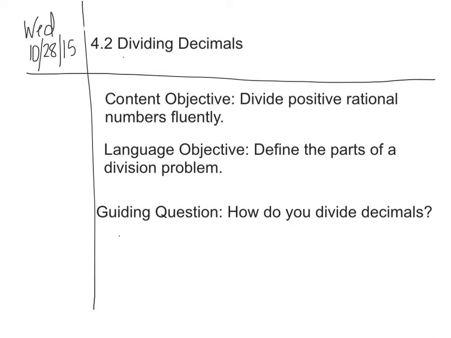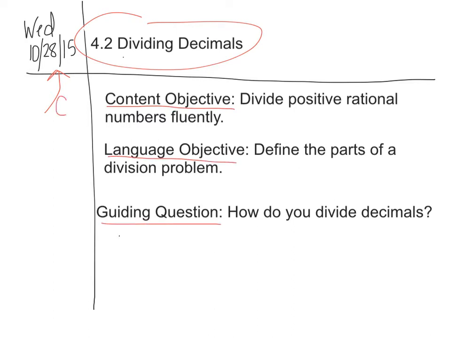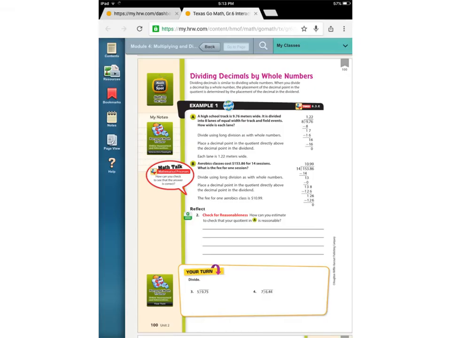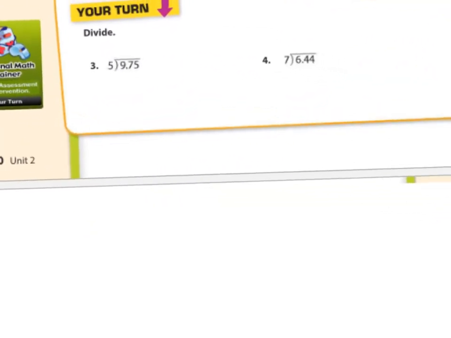Okay, super quick. Write down the title, whatever today's date is, you need to make sure you write it down. And then your content objective, your language objective, and your guiding question. And of course, you can just put CO, LO, and GQ for that. Okay, so basically, when you're dividing decimals, it is almost exactly the same thing as dividing